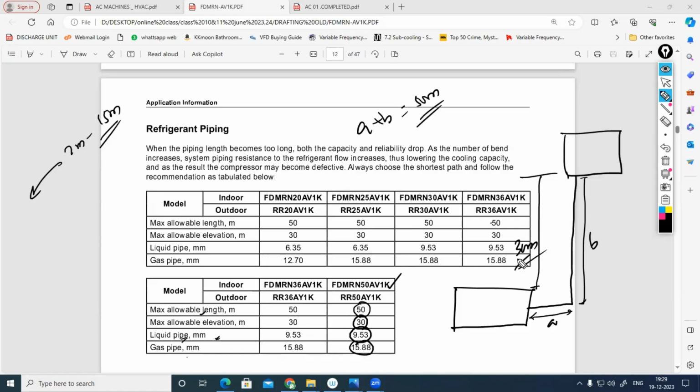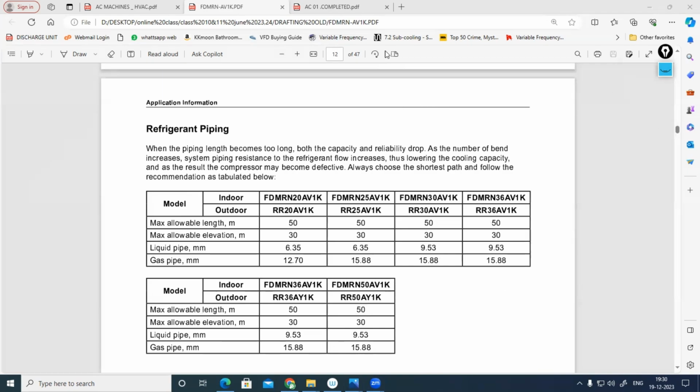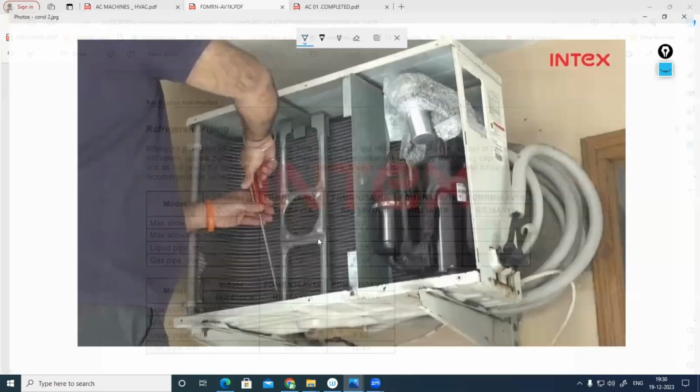plus B. Vertical 7 meter, like that it will come. But it depends, it will vary. We can't simply memorize it, so we can't simply predict it. Normally, the distance between indoor unit and outdoor unit we have to place within 15 meter. But with some manufacturers, meaning high pressure compressor machines, we can go beyond this. The range can increase in that scenario. Clear? So that's why the liquid line and vapor line diameter we can find from the technical data sheet,